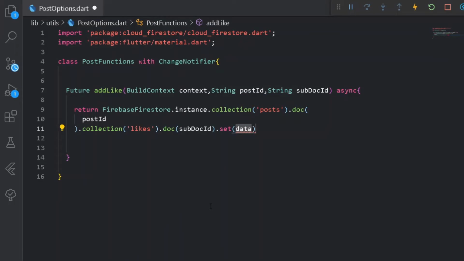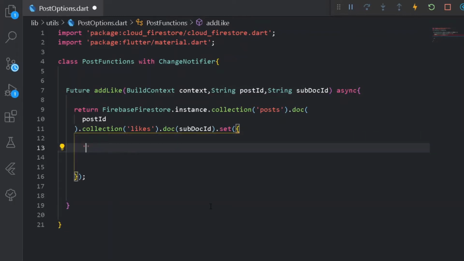And after that we can simply set a data. Instead of adding the data, we shall be setting all the data, so the following like shall not be repeated again and again. This is going to be a smart strategy so that a user can like the post only one time, not many different times. And from here let's set all the data. So under the data we are going to add first of all a like. Let's make it clear one.